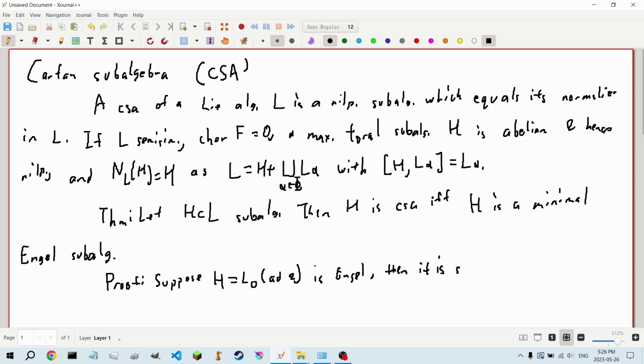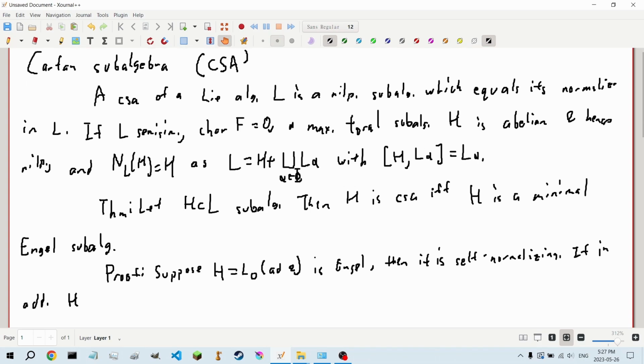We've already seen that. If, in addition, H is minimal, it properly contains no other Engel subalgebra,